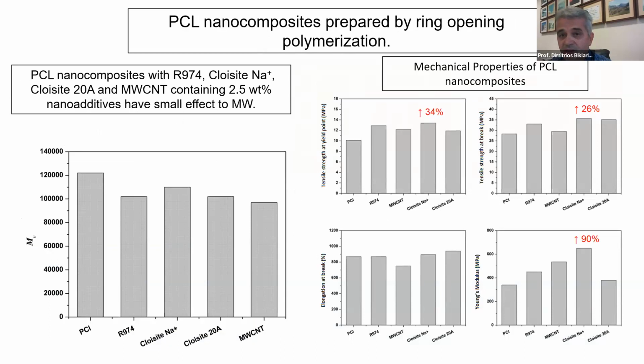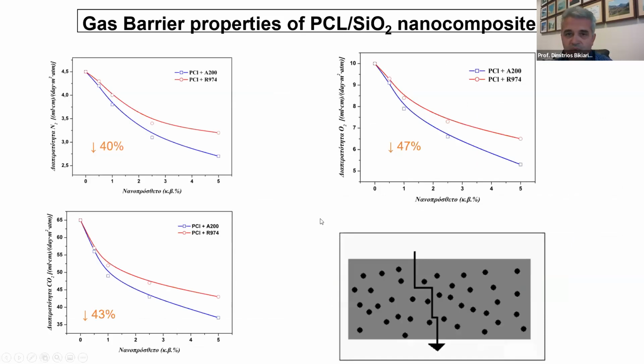But what happens when we have inactive nanoparticles, that do not have some functional group, like the modified silica nanoparticles, montmorillonite, and neat multi-wall carbon nanotubes? In this case, again with in situ polymerization, we have not seen a high increase in molecular weight of the polymers like in the previous case, and tensile strength was only in some cases slightly increased and was not doubled as in the case of functionalized multi-wall carbon nanotubes. Of course, elongation at break was not affected, and modulus was slightly increased. Daniel also mentioned that a big advantage of these nanocomposites is the gas barrier enhancing properties,